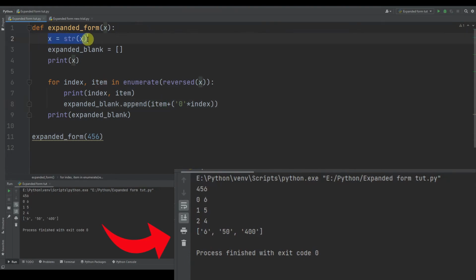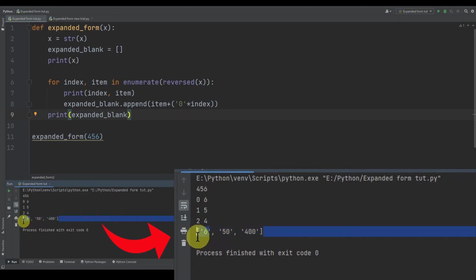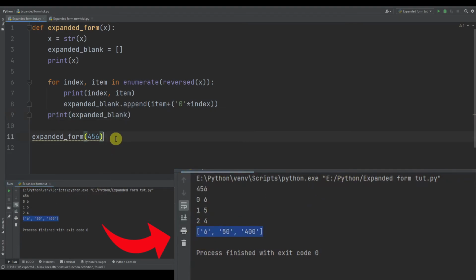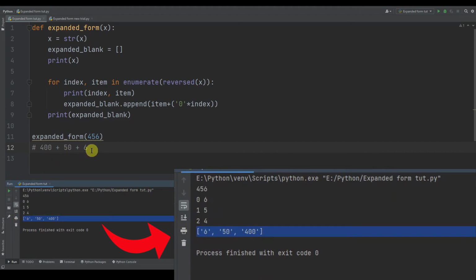We have converted it into a string over here. Okay, so now we have this 6, 50 and 400, but we want this in this form, 400 plus 50 plus 6. Okay, so this 6, 50 and 400, it is in reverse order.